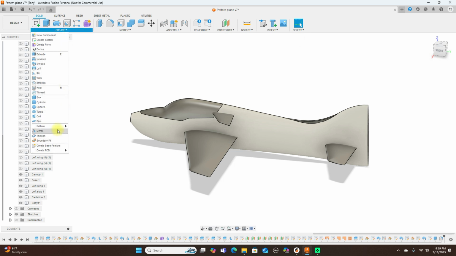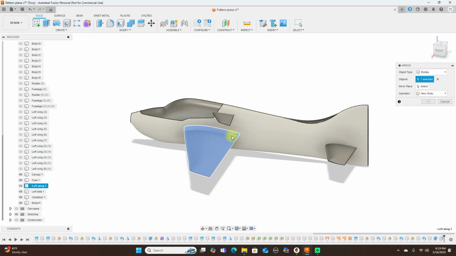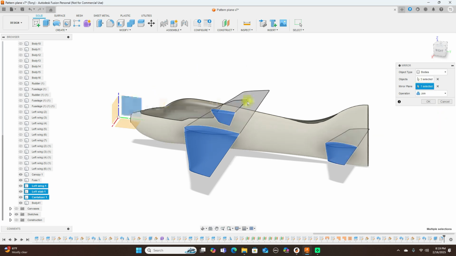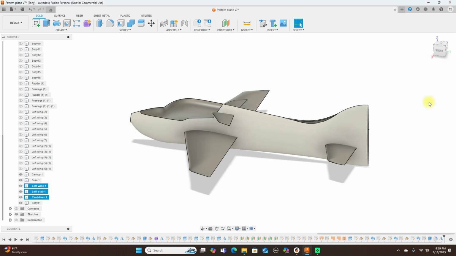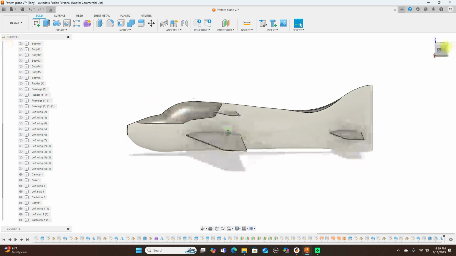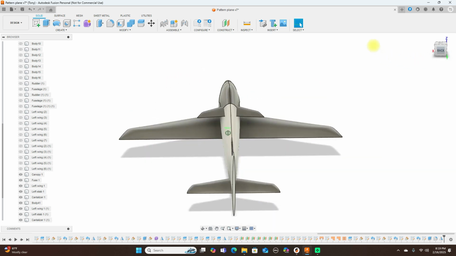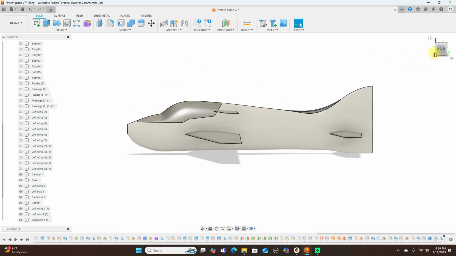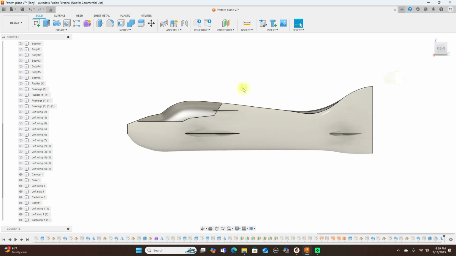And come up, create, mirror, this, this, and select the mirror plane as this. Change this to new body. And we have our pattern plane. Also,